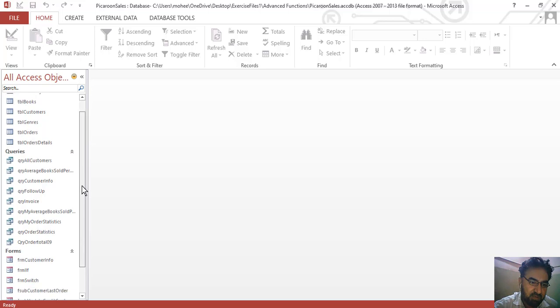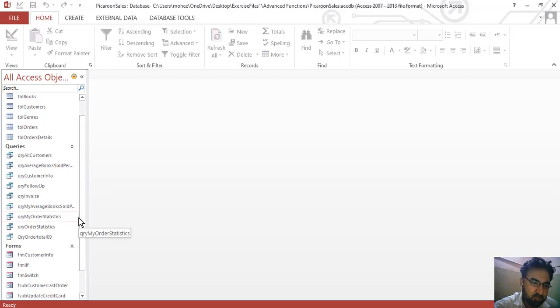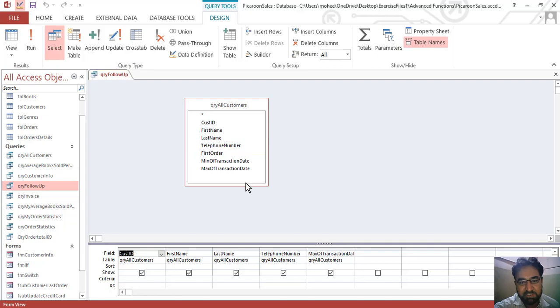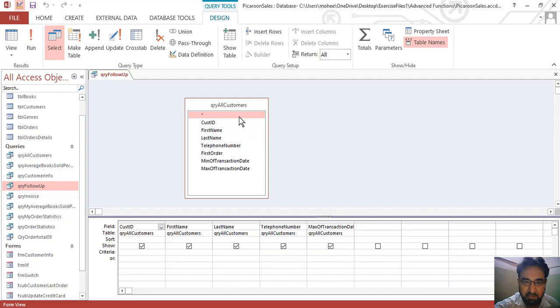We'll be using our query QRY follow up. Double click this query, and you can see that we have the fields here: customer ID, customer first name, customer last name, customer telephone number, and max of transaction date. And if we go to the design view, you can see that this information is coming from a query, which is already pulling this information from another query, QRY all customer.